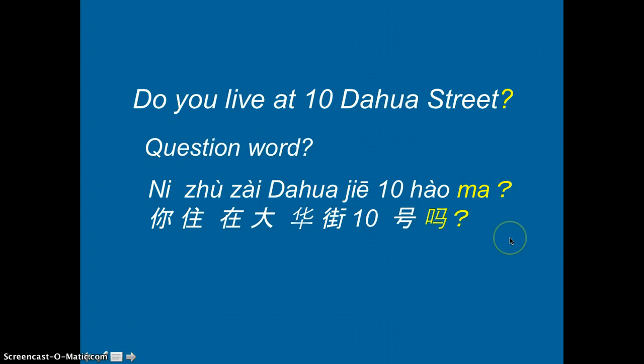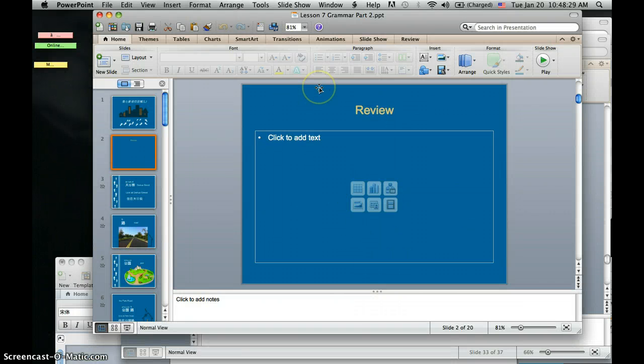Remember, like 你是美国人吗, are you American? The answer will be yes, I am, or no, I am not. You just simply put 吗 at the end of the sentence, and then it will change into a question. So 你住在大华街10号吗? The answer will be like 不，我不住在大华街10号. Okay, so I just wanted to review this. That's about today, and don't forget to check the assignment for today. 再见。